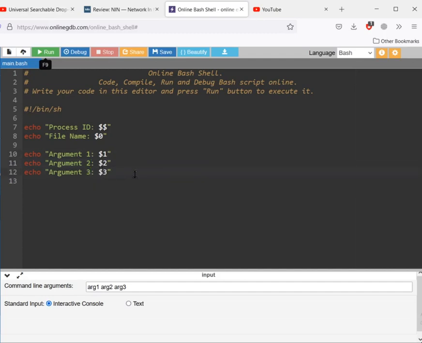And suppose I want to print all the arguments as a whole. How can I do so? We can use $* to print all the arguments.